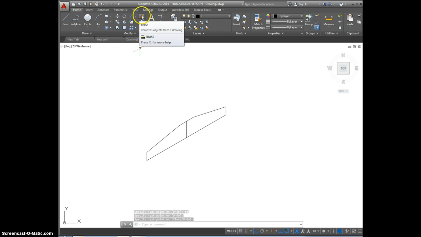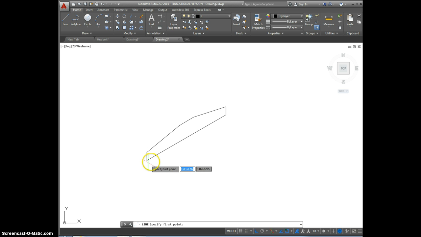I could then erase that middle line, because this beam is 100mm by 100mm flat on it. So if I hit F5, now I'm in the left plane. So if I pick on line and pick on there and move in to the left and type in 100, enter, enter to finish, and we're going to this time do a copy and select the object, select that object, enter, and we're going to copy it from that end point